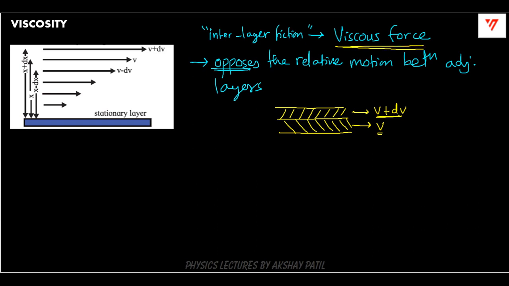In case of solids, the force that opposes the relative motion between the two objects is simply called friction force. But in case of fluids, it is called viscous force. Experimentally, it is observed that this viscous force, I denote it by F suffix V,